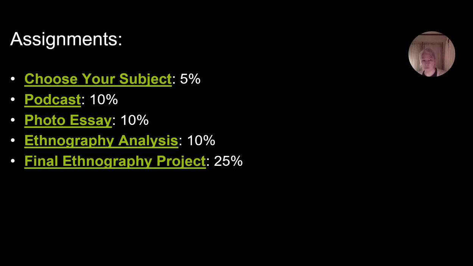And it just gives you time to do that and me time to give you feedback along the way at each step, okay? So you are going to do these 5 assignments. The first 4 are small ones that will contribute to what you finally turn in for the project at the end of the semester, okay? All right, so let's go through these then in sequence.